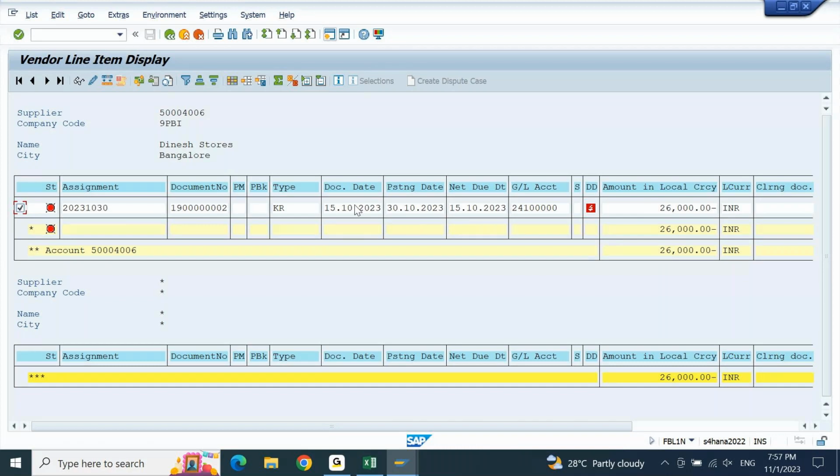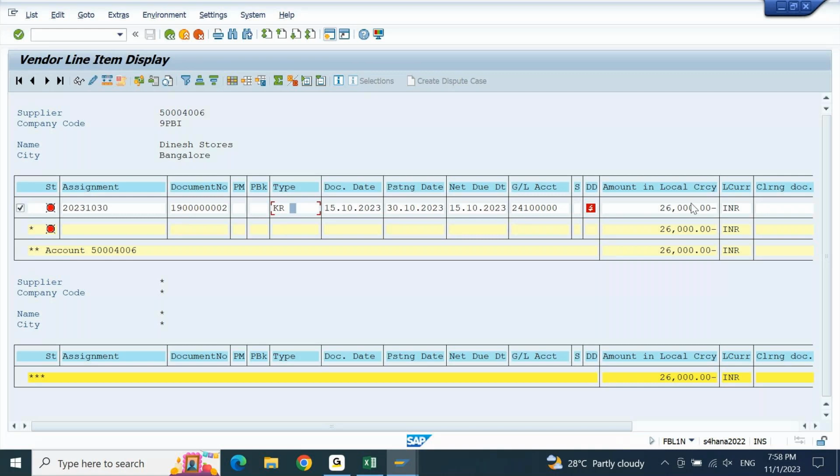Now 26,000 is what you need to pay. Why are you paying 26,000? You need to understand it. We are paying 26,000 because we have purchased something from the vendor. For the purchase, we have to release the payment. In short, this is payment against invoice. I have an open invoice, and for this open invoice I am doing the settlement with the vendor. In short, I am releasing the payment to the vendor. Here you need to understand the invoice number. This is your vendor invoice number. Amount is